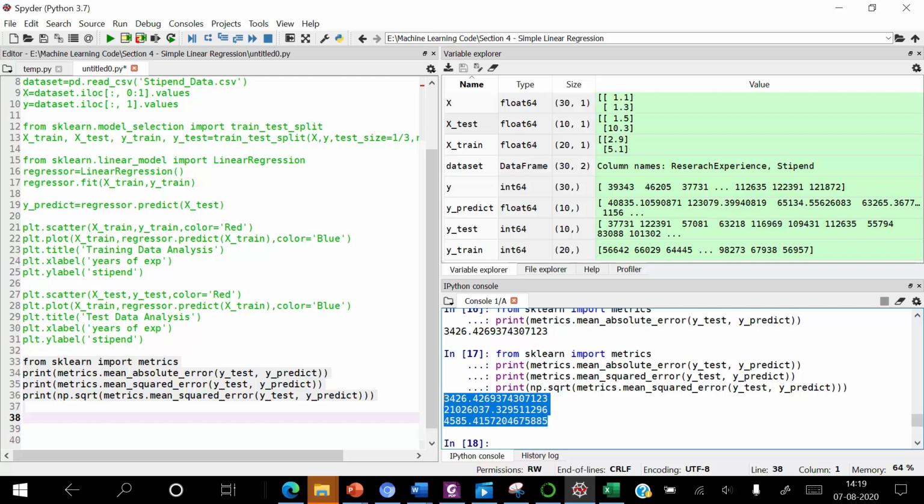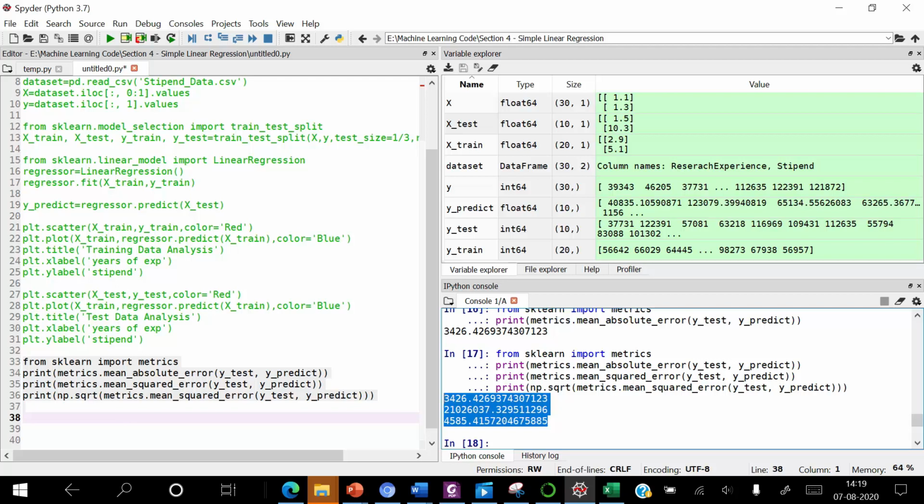Then these error values give a very important idea to select the most appropriate input attribute for building the simple linear regression model. Of course, we can consider multiple attributes in building the model, and that process is called multiple linear regression. We will discuss the concept of multiple linear regression in coming sessions.